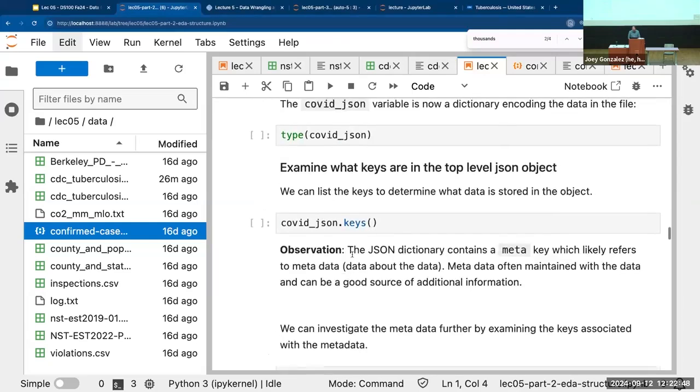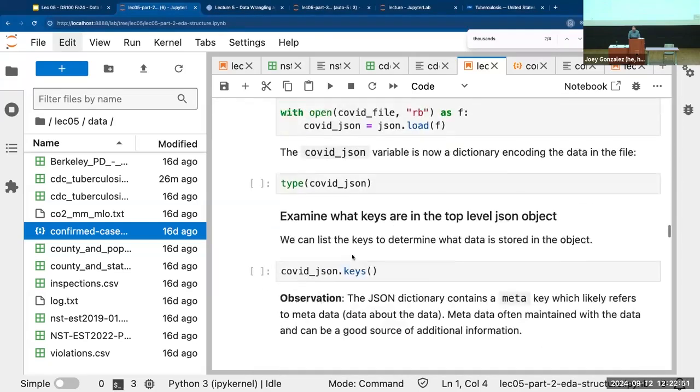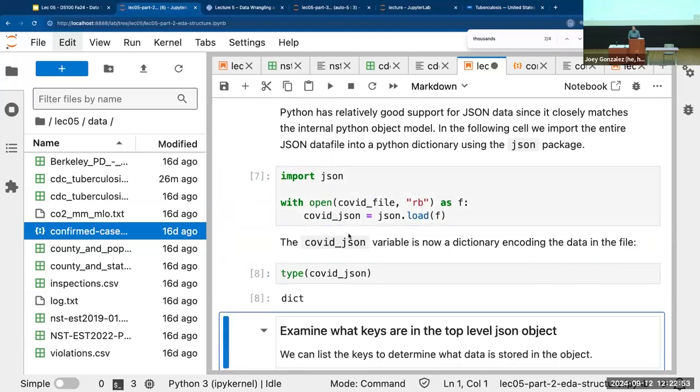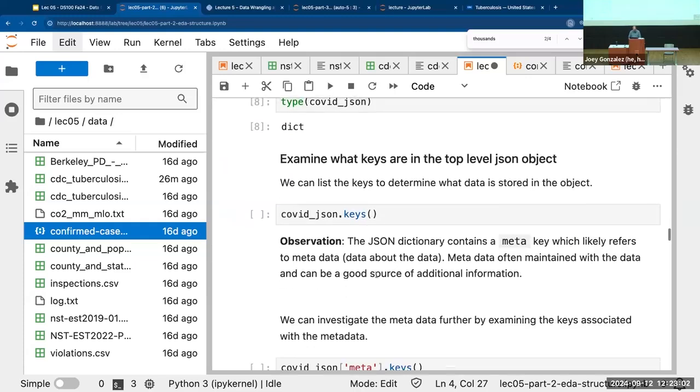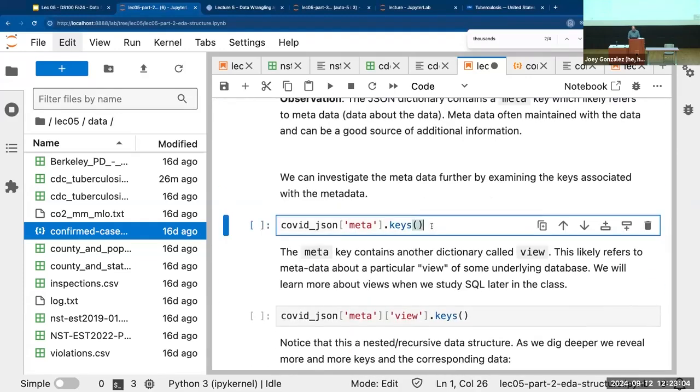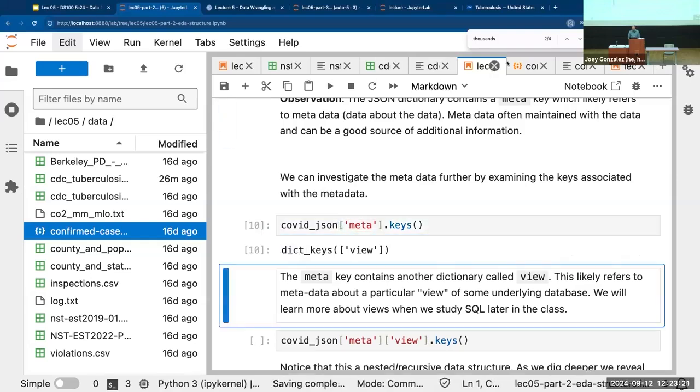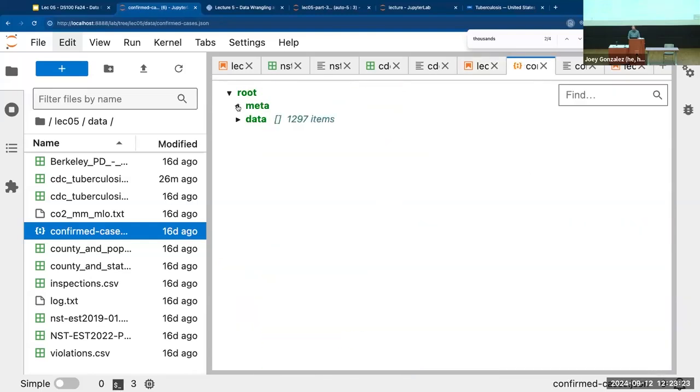All right, so let's pull it in. Load the data. When I load it into Python using the Python load tool, this lets me load a JSON object. It becomes a Python dictionary, so I can access its individual fields. I can get its keys. I can get the keys of the key. In Python, to access a field, I use square brackets. It's a dictionary. If you don't know this, you should maybe review some Python. To work with dictionaries, I'm going to use the square brackets, and then the key inside the square brackets pulls the next thing. So this is like traversing inside of the meta from the root. So I click meta, and now I get what's inside of this meta object.